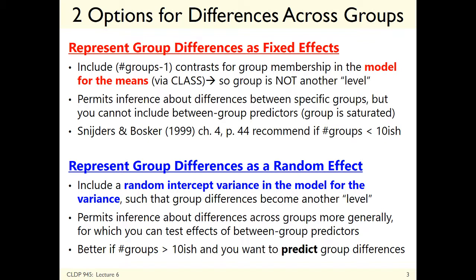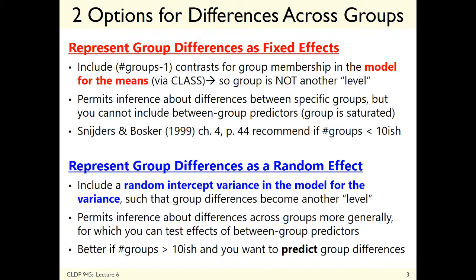The idea of controlling for a main effect of group as a set of fixed effects is analogous to adding a random intercept variance instead. The idea of adding group by predictor interaction terms is analogous to adding a random slope for the predictor instead. The advantage of random effects is that you can then include group level information as predictors for why some groups do differently than others in intercept and in slope. So if you're interested in not only controlling for the effect of group, but explaining why it's there, that's random effects.